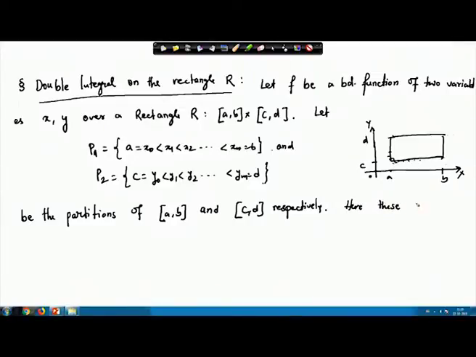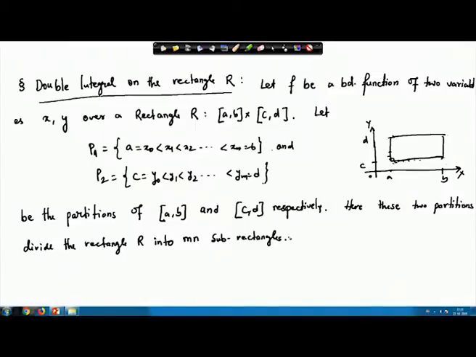These two partitions divide the rectangle R into m times n sub rectangles. All right, because we have n number of intervals in this direction, m number of intervals in this direction. So, the number of rectangles will be m times n sub rectangles, and the area of this sub